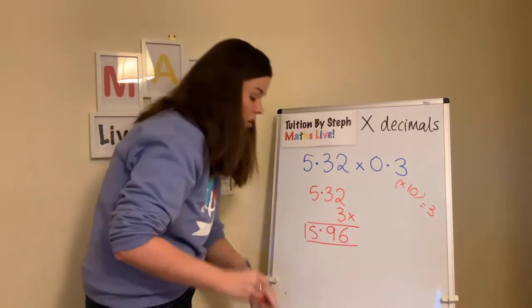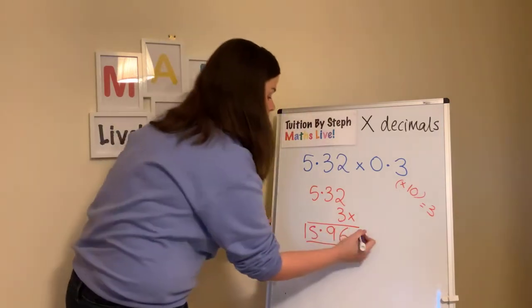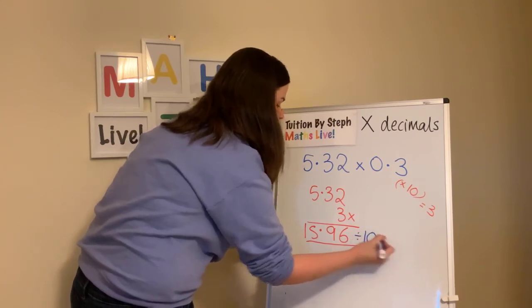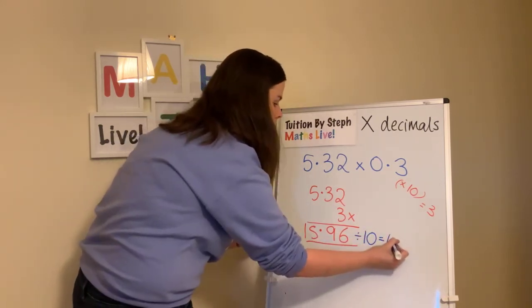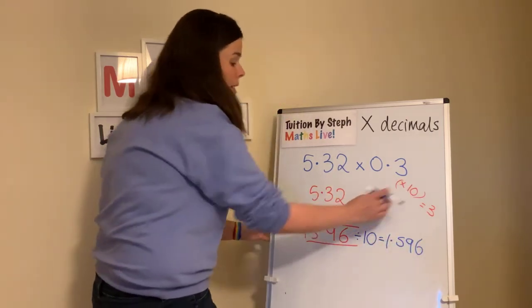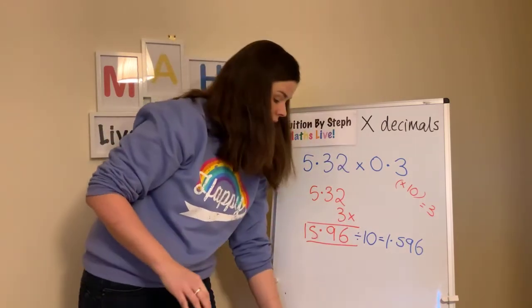Okay, but that's not the end of our answer because we need to change it back for only one spot. So we divide our answer by 10. The decimal point gets one smaller, so 1.596. It might be, if it's the timesing and dividing by 10 that you're struggling with, then yeah, that is